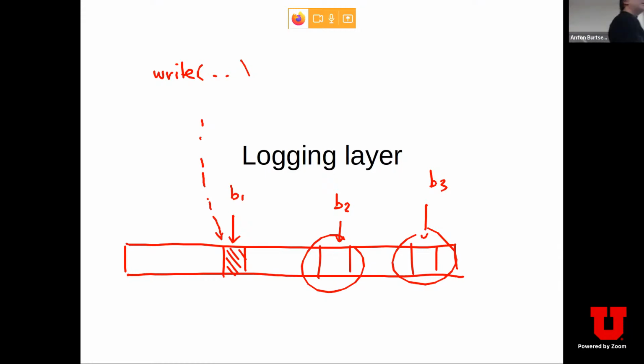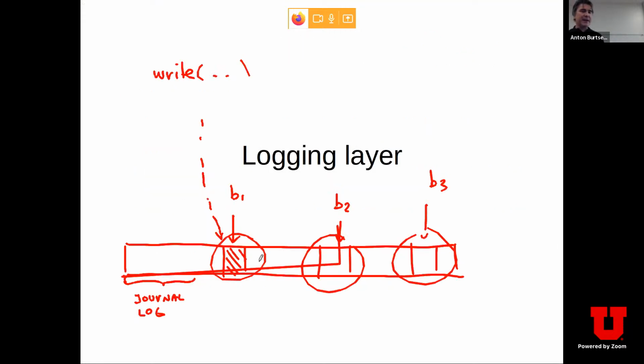Did you write them to a temporary location and then move them when you're done? Correct, exactly. This is how it's done. So you choose a temporary location, which is called a journal or a log, right? And you say, look, instead of writing directly here, I will write all of them here, block 1, block 2, block 3. And then somewhere here in the metadata area, I write something like, I have 3 pending writes,